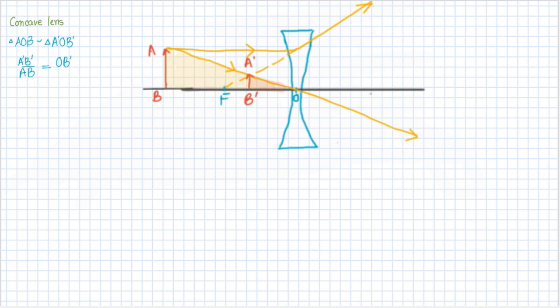Now again, from the sign convention, applying the sign convention,